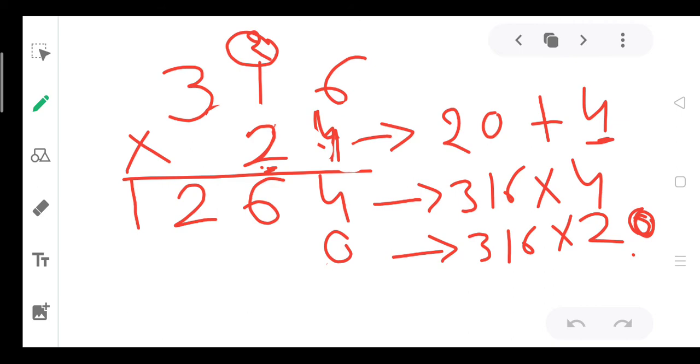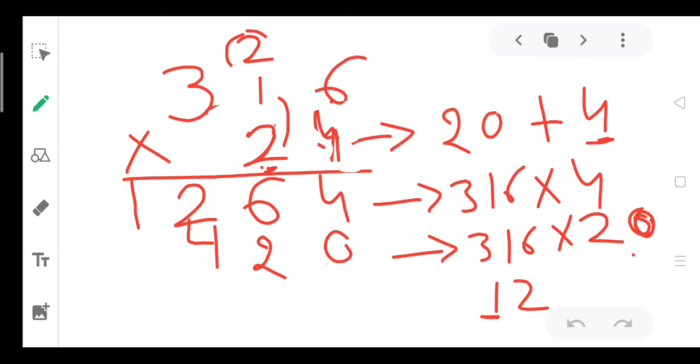We will read the table of 2 up to 6: 2 6 12. 2 I will write here, and now I will erase this carry and write my new carry over here, and that is 1. Okay. Now I will read the table of 2 up to 1: 2 1 2, or 1 2 2. Both ways the answer is the same, and we will add this 2 in this. 2 plus 2 is 4.